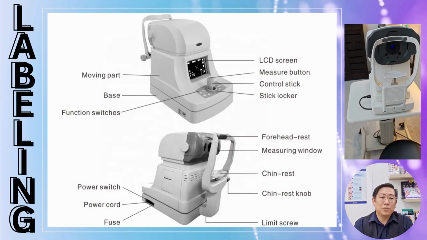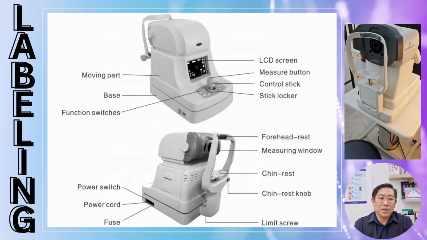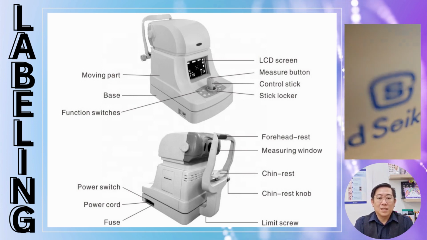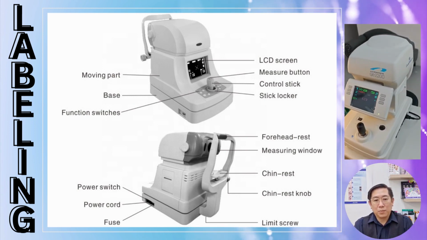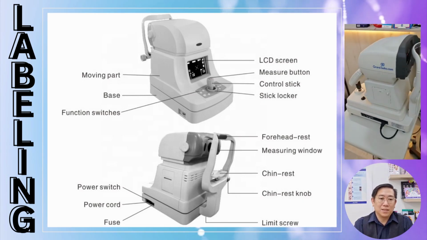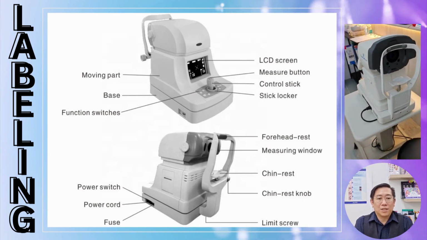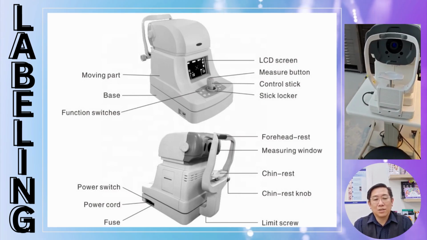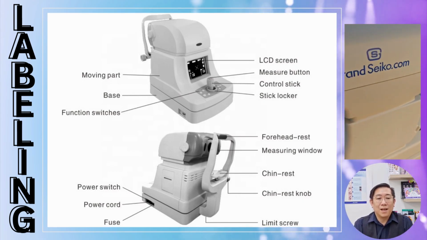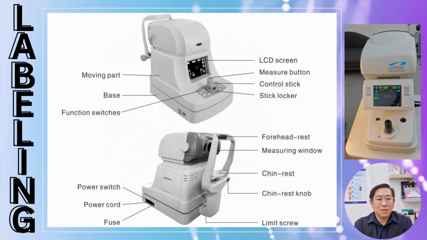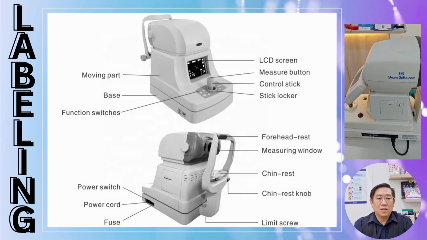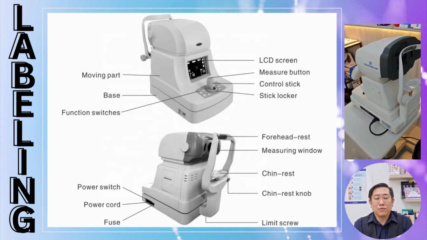It helps the operator monitor and confirm alignment. The fifth will be the measure button. When the eye is properly aligned, this button is pressed to begin or capture the reading. Six, control sticks. The joystick allows the operator to precisely move the measurement head left or right, up or down. The seven is the stick locker. It locks the control stick in place to avoid